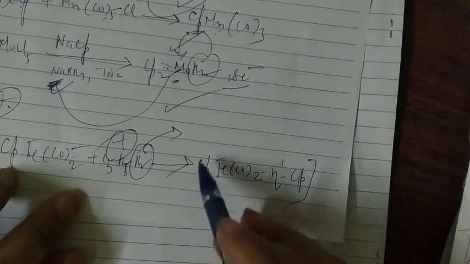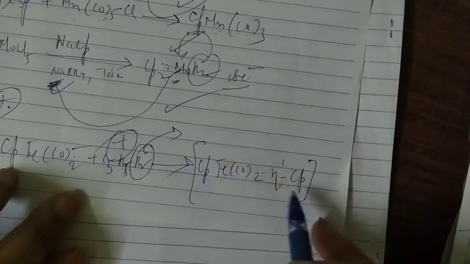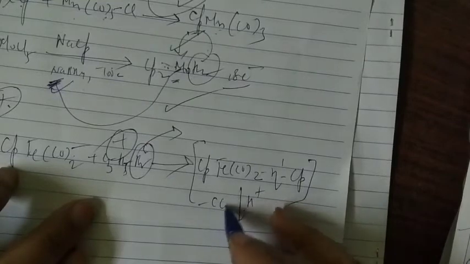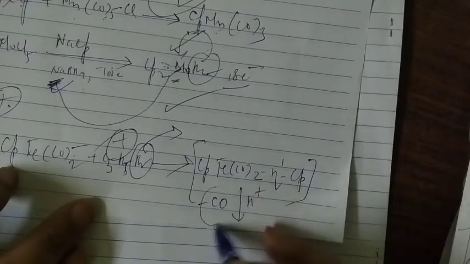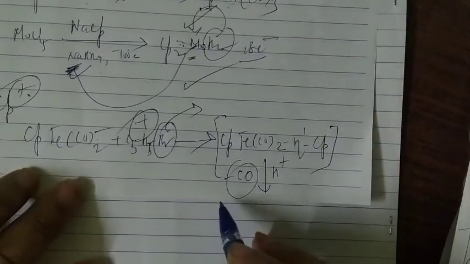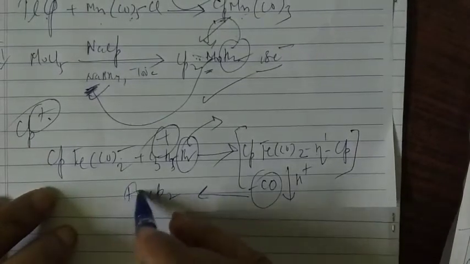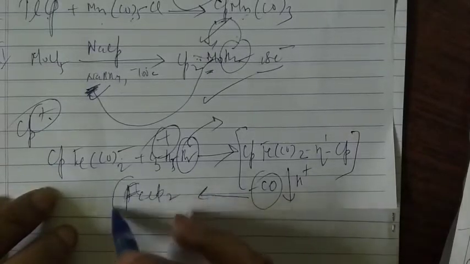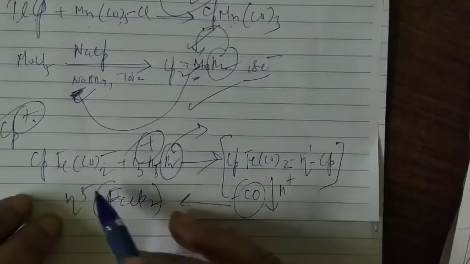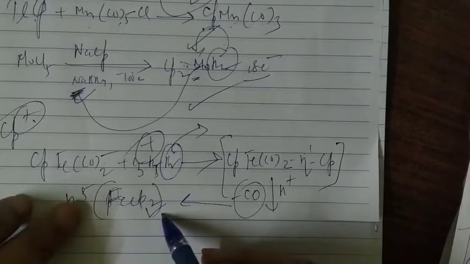So like this. So we are going to get cyclopentadiene iron dicarbonyl, eta-1 cyclopentadiene, 2 carbonyl, where the cyclopentadiene of 1 is eta-1. Now when you treat or acidify this with heat, one of the carbonyls will go from this complex and you are going to get this complex. I will write here like this. So you are ending with FeCp2, that is your ferrocene. Both will be in eta-5 complex. So eta-1 is going to change to eta-5, and you are going to get this ferrocene, FeCp2.